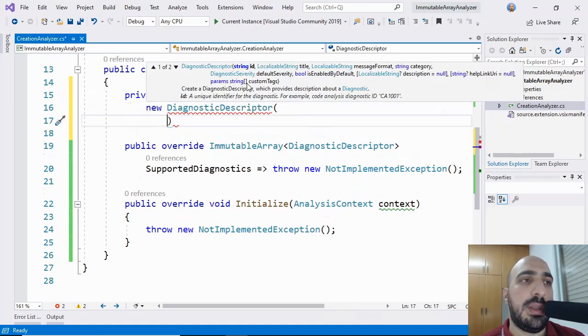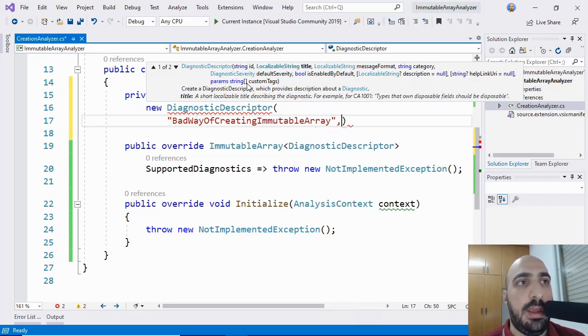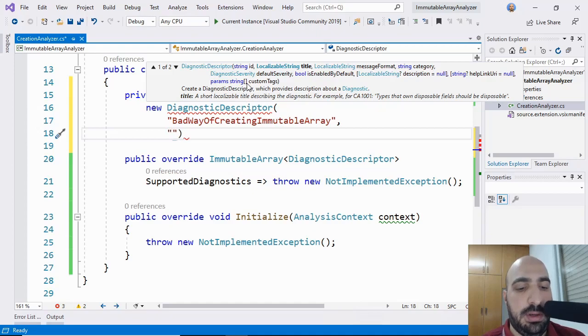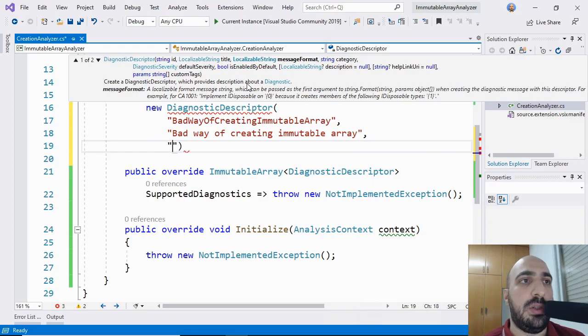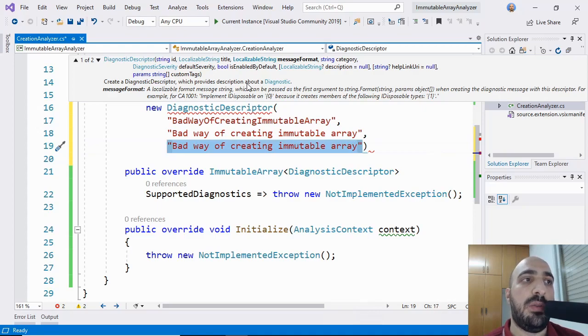Okay, so each descriptor needs an ID. Let me give this descriptor an ID of bad way of creating immutable array, okay? And then a title for the descriptor, a message. Okay, let me talk about the message for a little bit, because this is an example of part of the